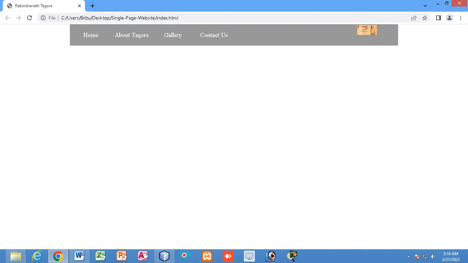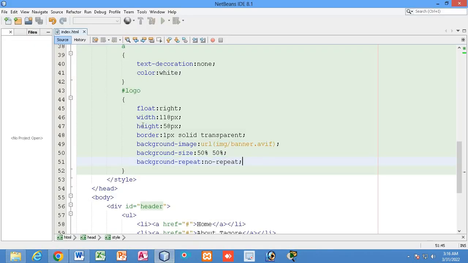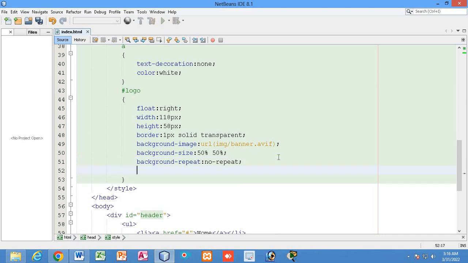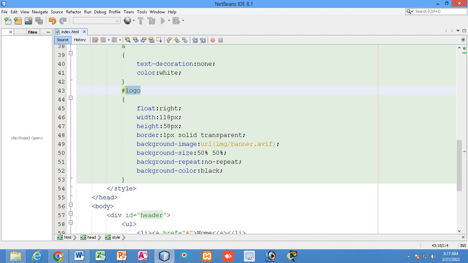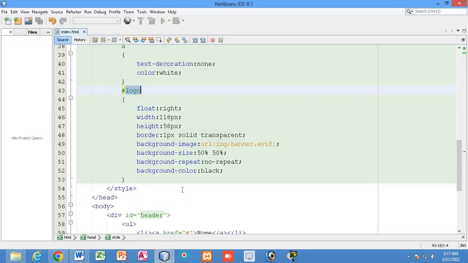So let me show you the size of the logo div. What is the size of the logo div? If I simply write here background color black, now I have given a background color for the logo div so that you can see the full size. Now you can see this black color is the height and width of the logo div. And this image size I have given 50% width and 50% height, right? That is why it has taken this much height and width. And because I have also stopped the repetition, the image has not repeated. Otherwise there would have been 4 images, the same image repeated 3 times more.